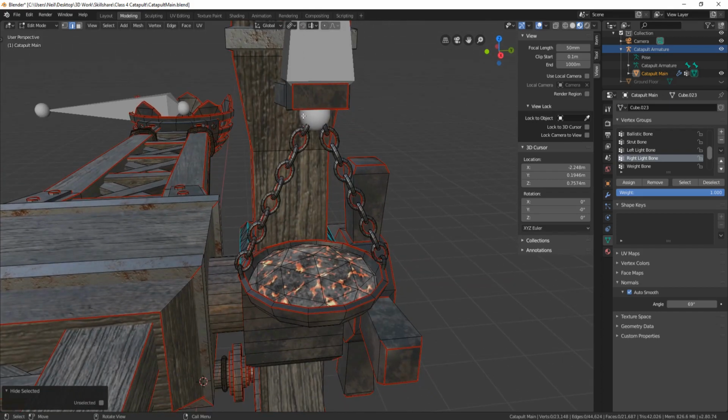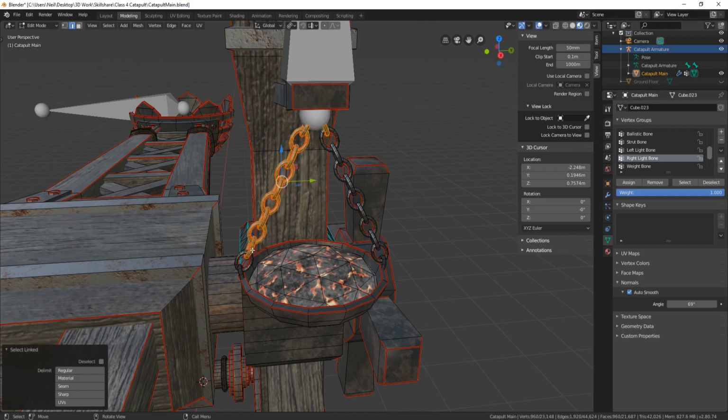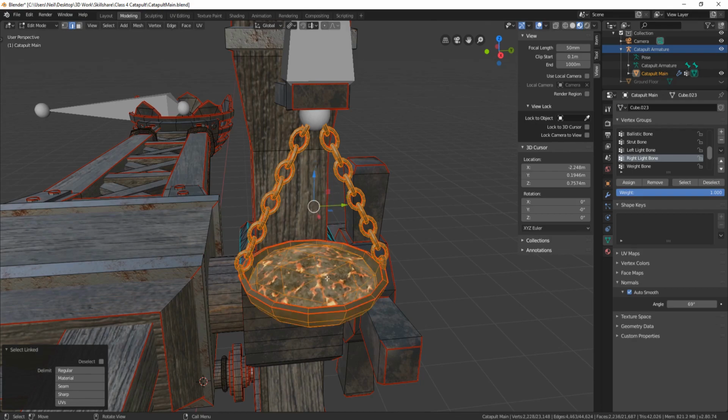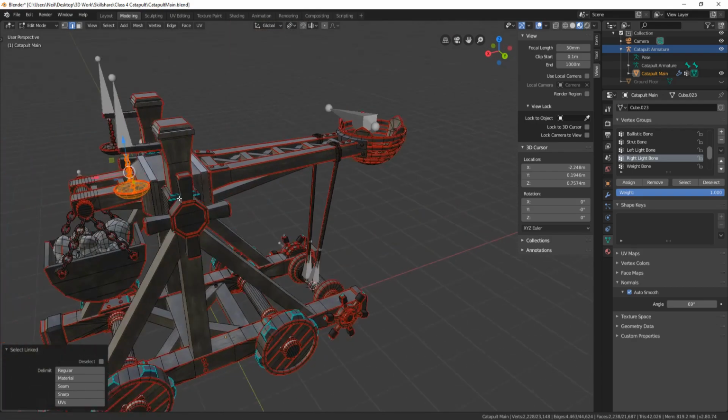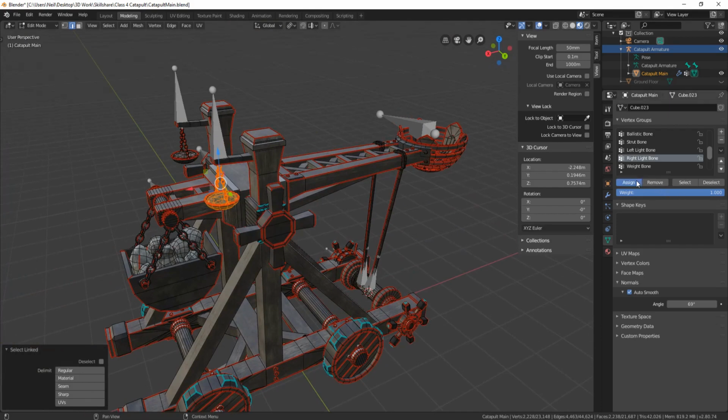Now I know that where we put this, the point up here is not a part that we want selected, so we want anything below that. So I'm just going to select all these pieces of chain like so, and this side as well, and we'll do both of these before we actually check to see if it's working. I'm sure it will be, so just make sure you've got all of that selected and then click assign,